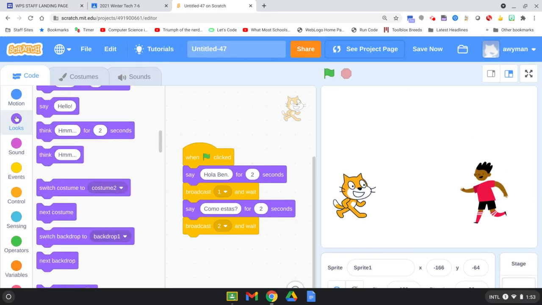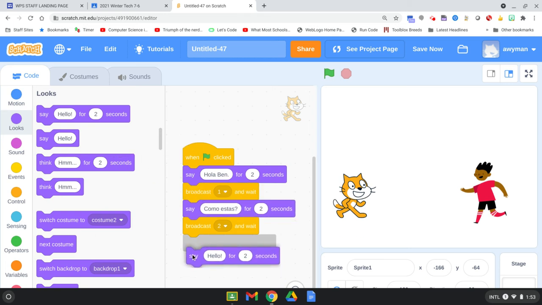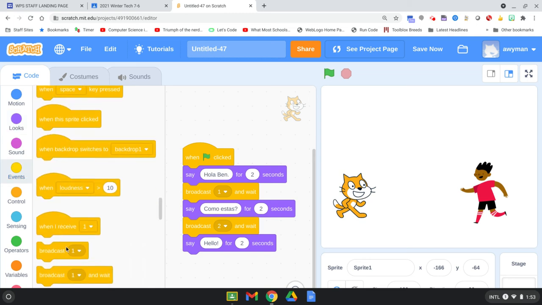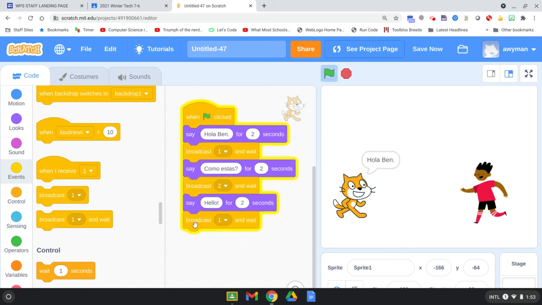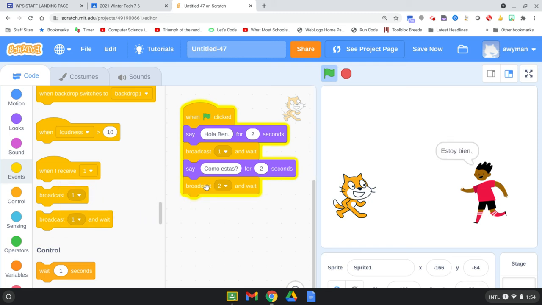So we'll get another say block. And then we'll give the cat something else to say. And every time the cat says something, he has to do a broadcast and wait. So you notice you're pulling the same code over and over again. So if you wanted to, you could duplicate some of the code. So we'll just throw this out and I'll show you that. So I could duplicate a say